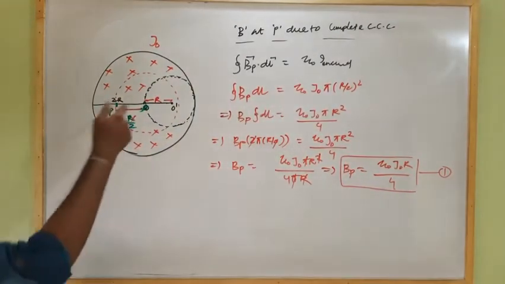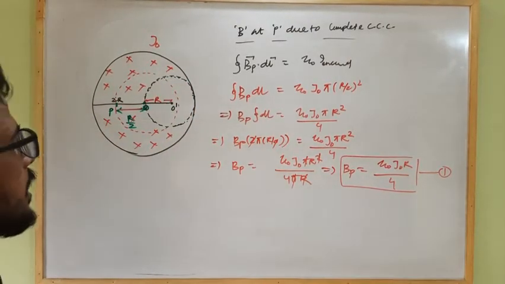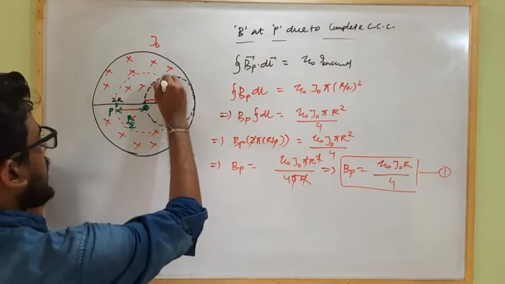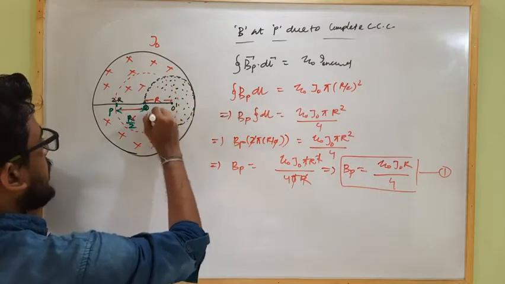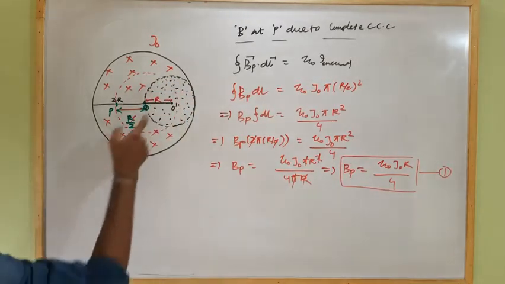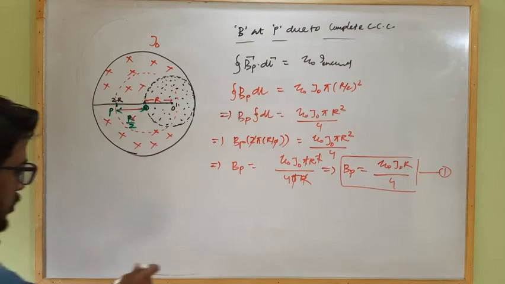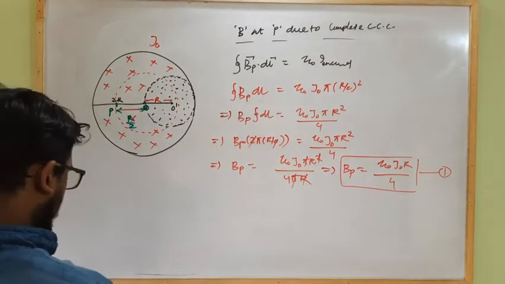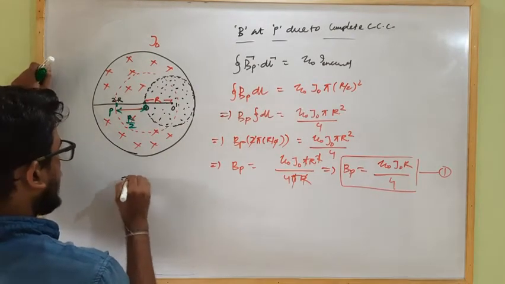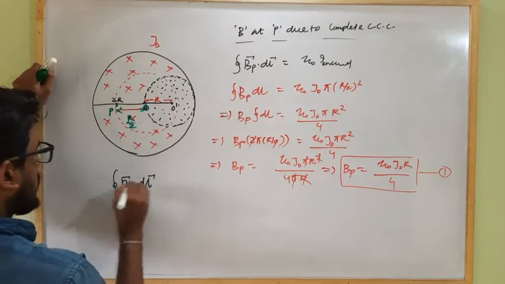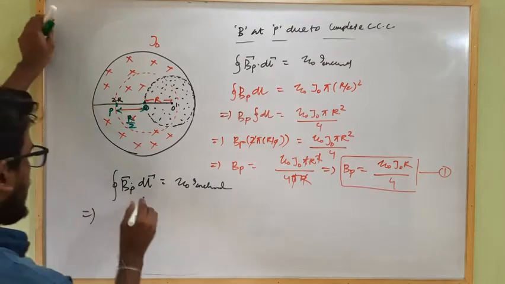Now we have to find out the magnetic field strength due to the current carrying conductor in place of the cavity, which carries current in the opposite direction. That means like this, and the current density is the same, so it will become minus J naught. For this we have to calculate the distance: this much is r, this much is r by 2, so total will be 3r by 2. Now for the cavity sized current carrying conductor, what will be the net magnetic field strength at point P? It will be B at P dot dl vector closed integral will be mu naught I enclosed. So this implies it will be how much?